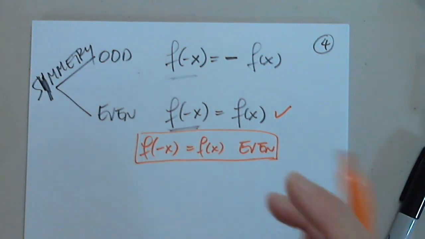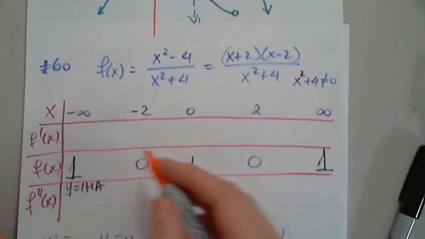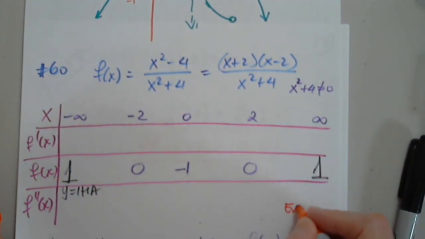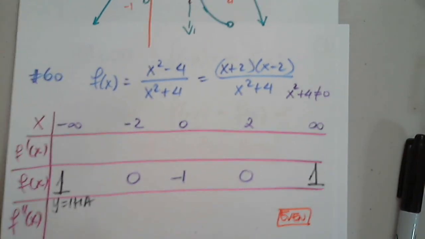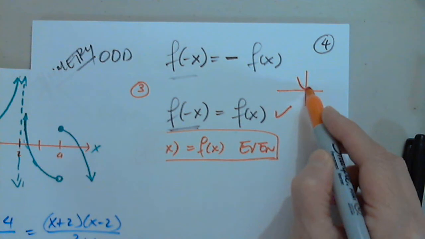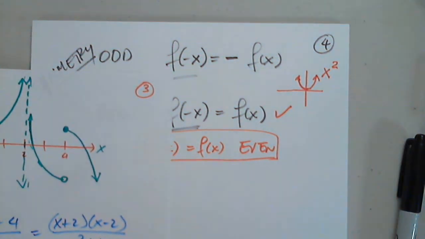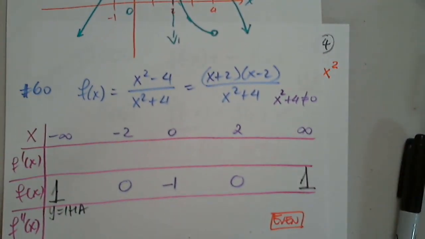So this is the only thing that I have to add somewhere else in the table, or above or below. So even function, so I don't forget. Even function means the function is symmetric with respect to the y-axis. Here's an example. X squared is symmetric with respect to the y-axis. X squared is even. Okay,